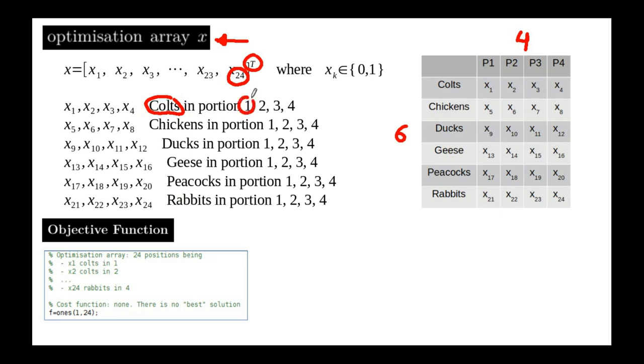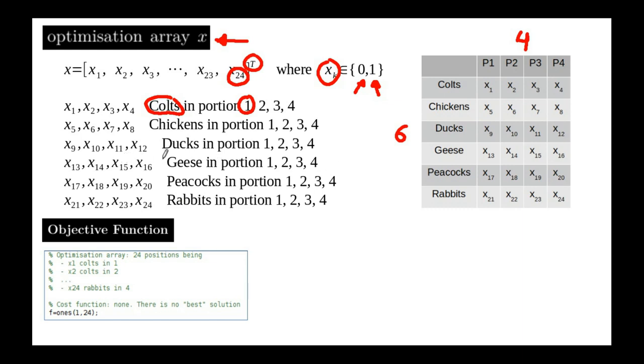cows in portion 1. You remember that it's a question because every element in the optimization array is a binary element. So at the beginning of the simulation, we don't know if x1 will be equal to 0 or 1. That's false or true. So we don't know at the beginning. The aim of the problem is to find the values of all the elements in X, being all of them false or true, depending on the cost function,